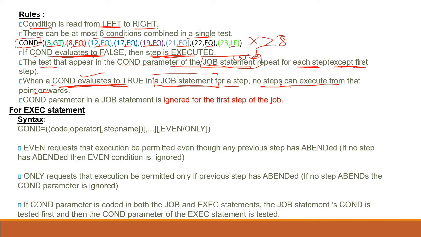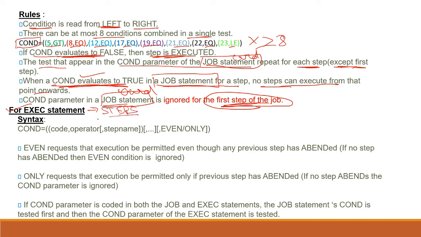Okay, means our job will be terminated from that step. The COND parameter in a JOB statement is ignored for the first step of the job. Okay, if I am giving the COND parameter in the job card, then it will be ignored for the first step of the job. If you have it for an EXEC statement, means I am giving it in the steps.